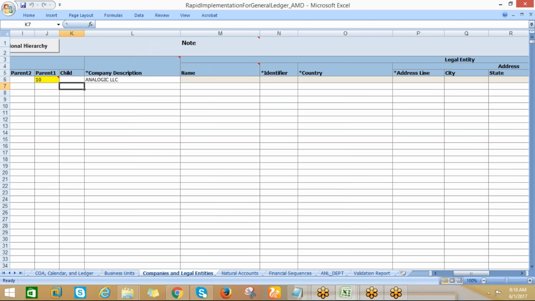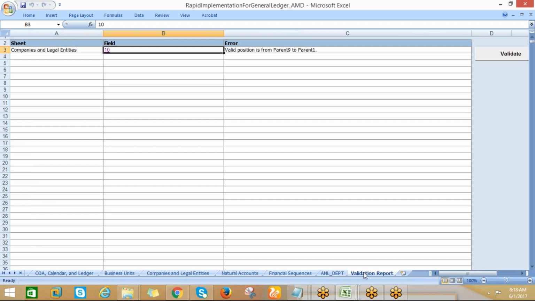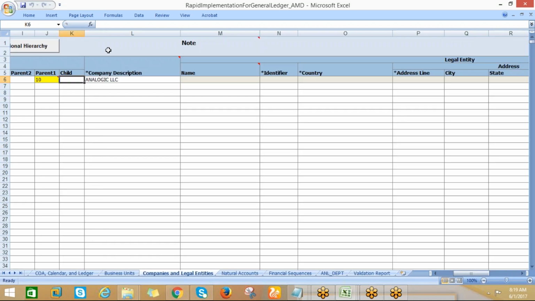Prasad, how are you finding it's a valid position? I didn't get that. Actually, here, if I go to the validation report, it is giving a valid position from 9 to parent 1. But once you give it there, it is saying it is child again. Yes, correct, that is the problem. If I click on this one, it is again saying child. So I lost this one, and